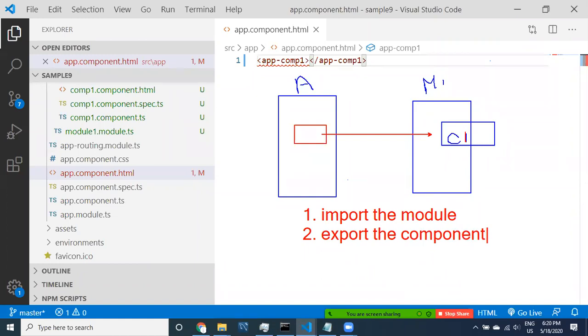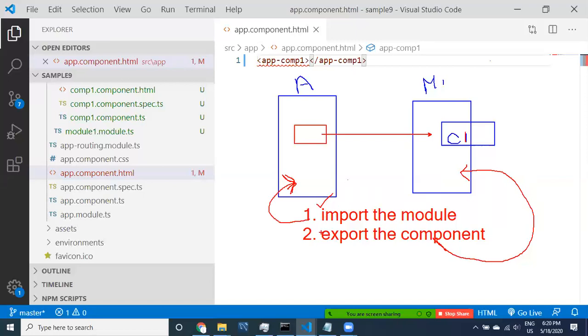You have to be very careful, guys. One step has to be done in the app module, and the other step has to be done in the module 1 file. Importing the module is done in the app module, and exporting the component is done in module 1. These two steps have to be done in different files.